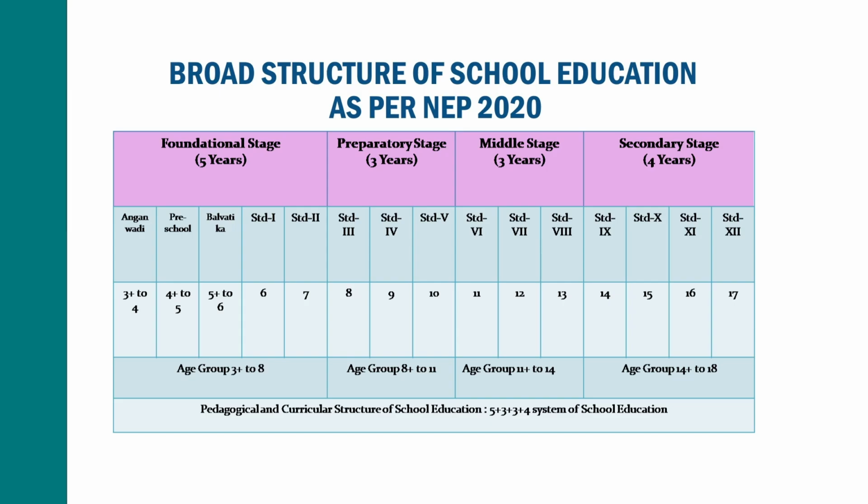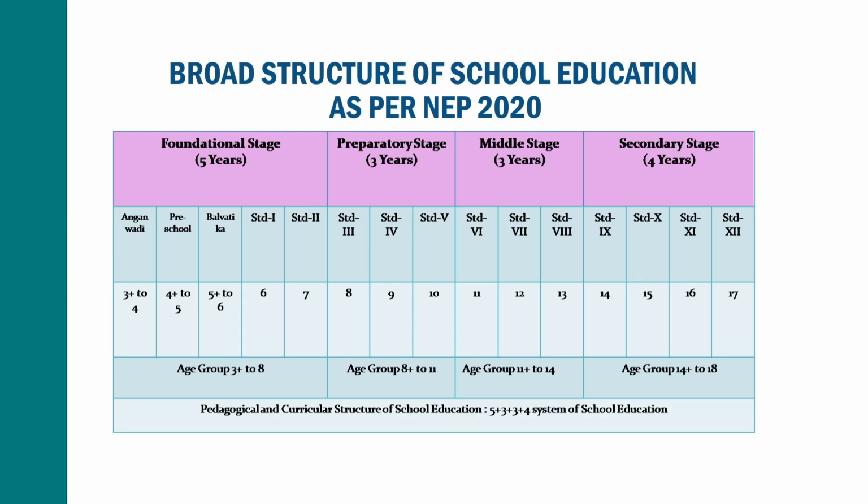Then again 3-year schooling for the middle stage of education. Then further 4-year schooling, that's called the secondary stage of education. Here the senior secondary stage has been merged with the secondary stage of education. Separately this has not been taken. So including the secondary and senior secondary, this term has been used, that is the secondary stage, 4 years